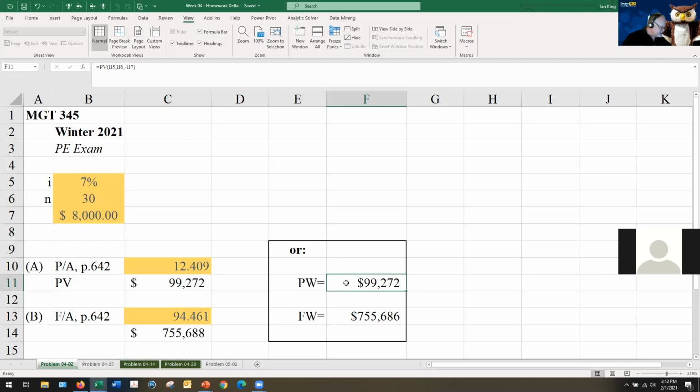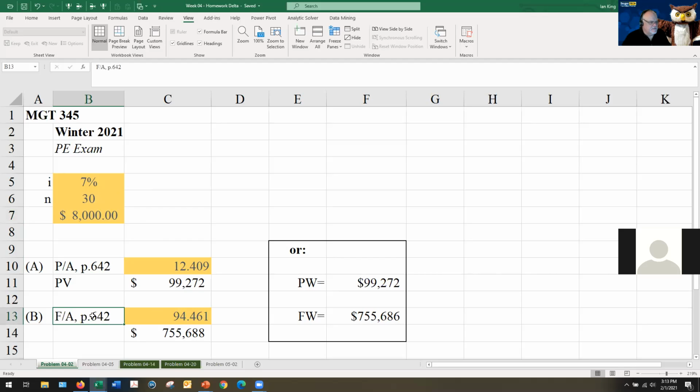Now for part B, it asks you to go backwards. This is the tricky part, where it says, what's the future worth at year 30? Well, you still have an annuity because you're getting that for 30 years. So your 30 years, 7% and $8,000 aren't changing. Before you were saying, what's the present value of this? Now you're saying, in the future, what will have been the value of getting that $8,000 for 30 years at 7%? Well, I go to that same page, 642, and get the F/A, the future value of